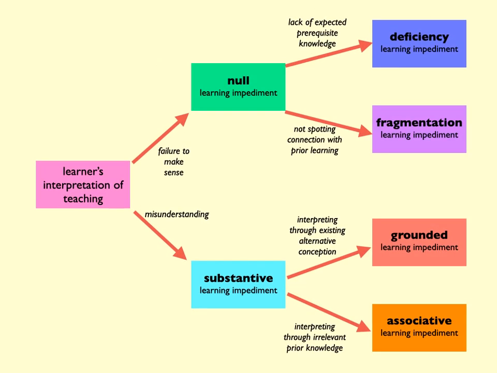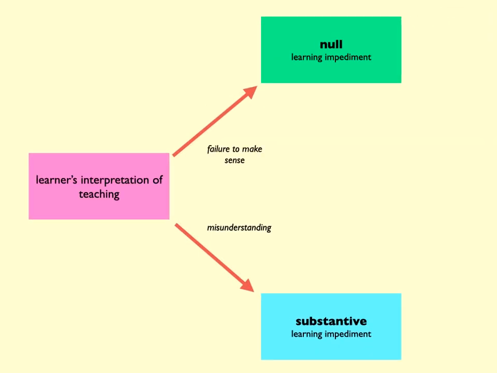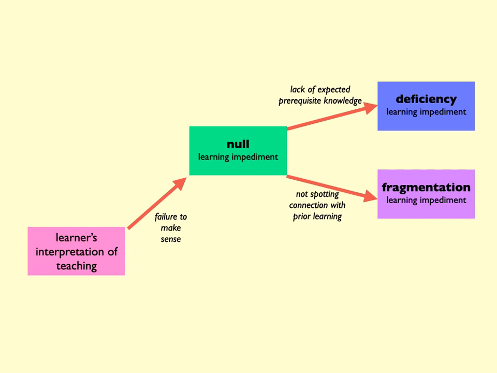So, the basic model has four categories, grouped into two sets of types of learning impediments. It helps to have labels for the categories when we're thinking about, applying or talking about the different types. So some years ago I came up with a set of labels which perhaps make reasonable sense as labels. The first level of division was between null and substantive learning impediments. A null learning impediment meant the student failed to associate teaching with prior learning,